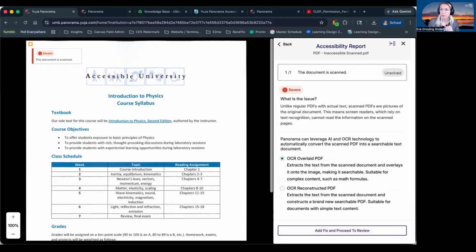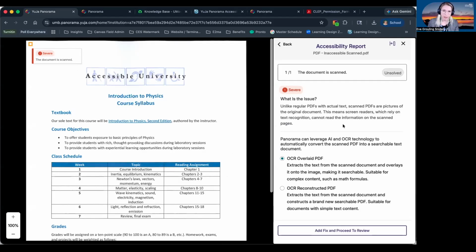When you click on Fix Issue, that will take you into an area where you can fix that issue. What you see here depends on the issue at stake. So if, as I had mentioned before, for example, we had an image that is missing alternative text or alt text, when you click Fix Issue, you could insert alt text. So you could type in a description of that image and add it to the image here.